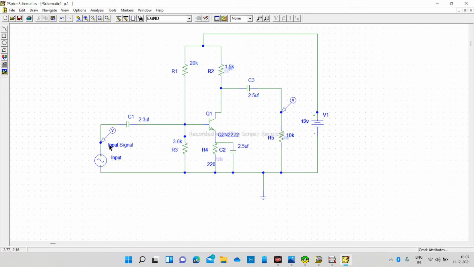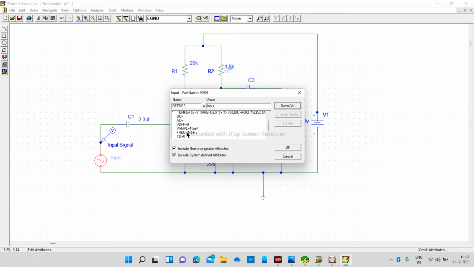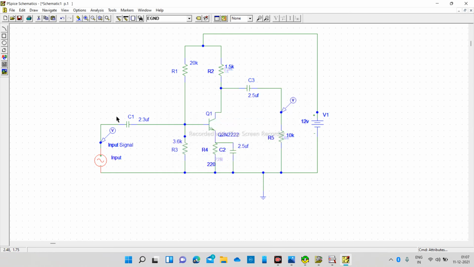See our input signal, we have changed the attribute. Our amplitude is 10 millivolt, so obviously this voltage marker will show 10 millivolt, but we will find the voltage marker on the output side, to see whether our circuit is amplifying the signal correctly or not.